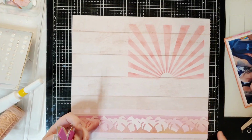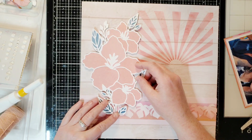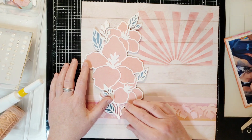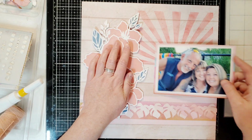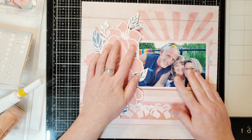Pretty. I love that. It's gorgeous. All right, so let's get our cut file back in here where we think we want it to be. Something like that. I don't want it to go off the edge of the paper. I don't want to cut it or anything like that. So probably about there. I'm going to hold it down and try to slide my photo underneath here. We will cover up some of the stenciling